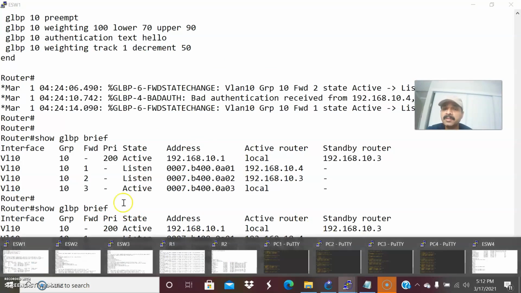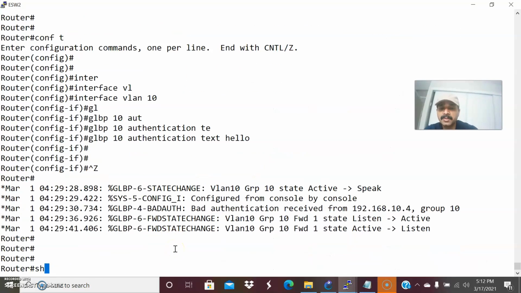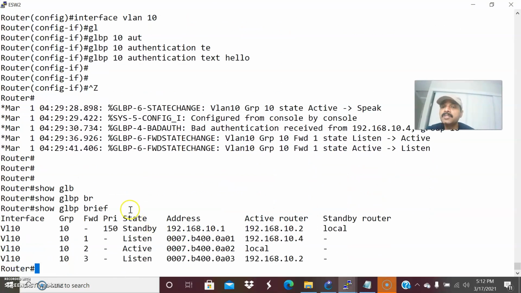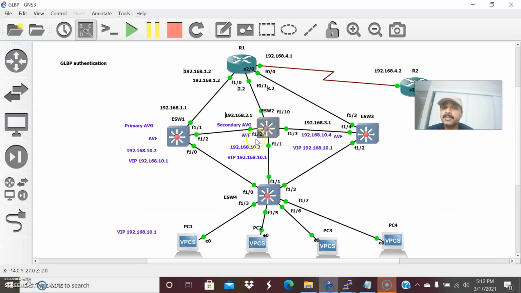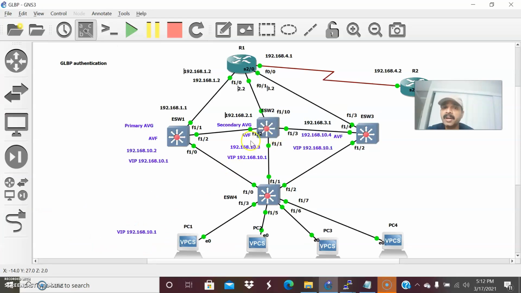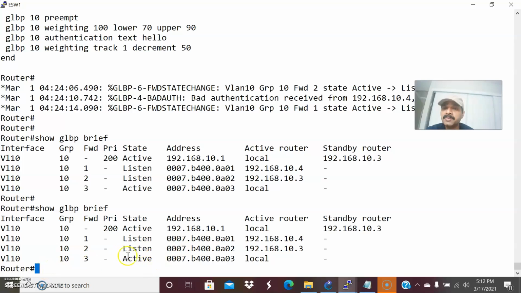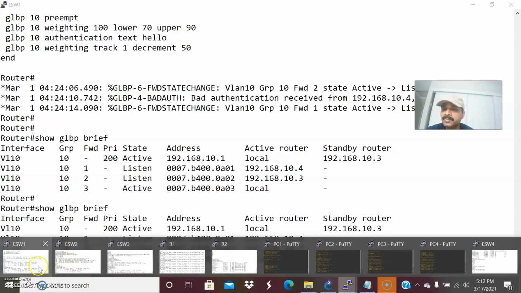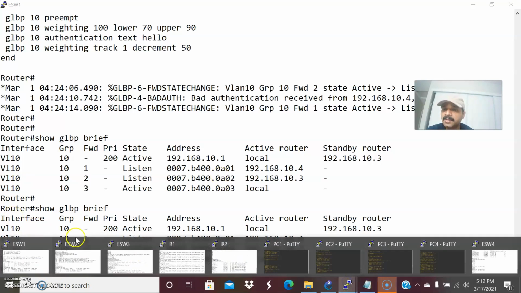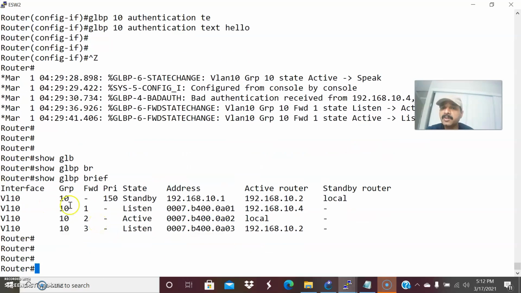Let us see the second router. Show GLBP brief. This becomes the standby because of the second highest priority, and it also assigns one router as an active virtual forwarder. This becomes the active virtual forwarder for this corresponding group. The first one you saw is active for 03, and this one is active for 02.